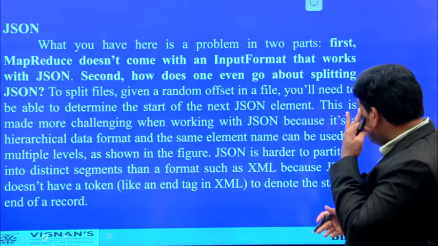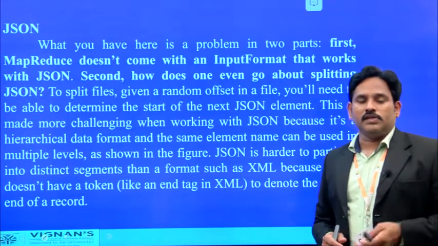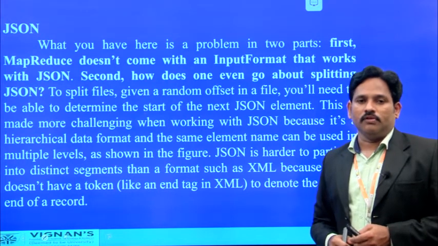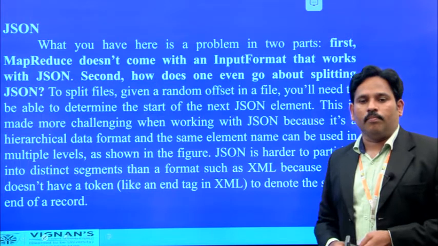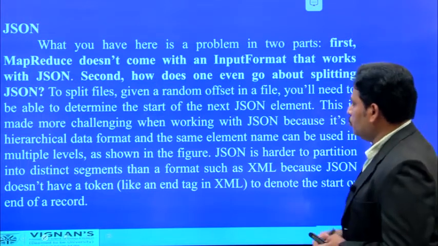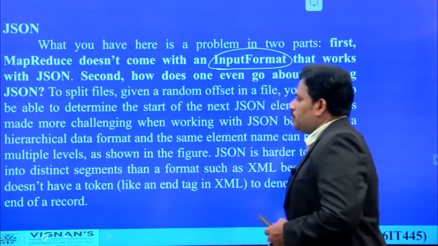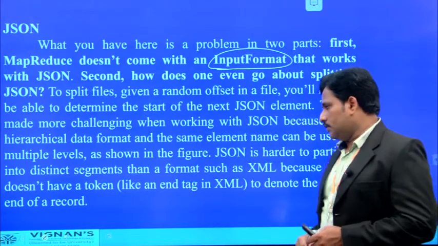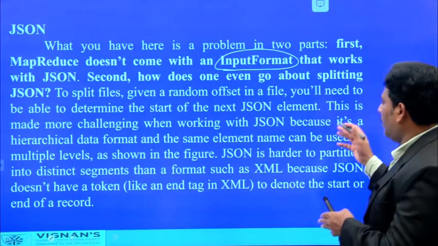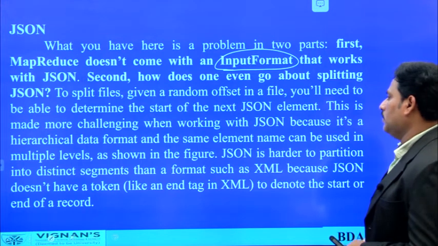Second is, how about the splitting of JSON files? Now, XML files can be split very effectively and easily over the network, but JSON file splitting is not that effective compared to XML. Now, how can these two issues be overcome in MapReduce if you are going for JSON data serialization? So, this slide will give the complete information about how JSON differs from XML.